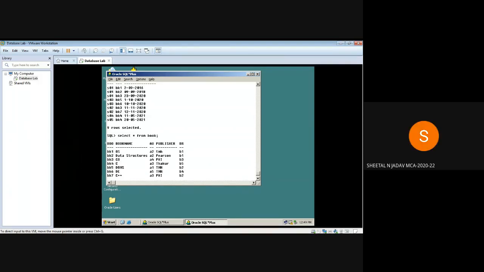Sheetal, present, ma'am. Vishnu, present, ma'am. Sushma, present, ma'am.